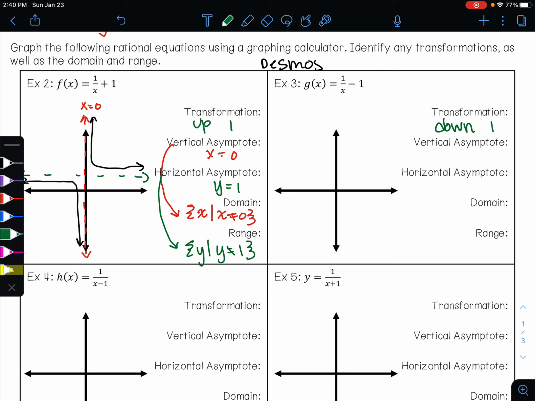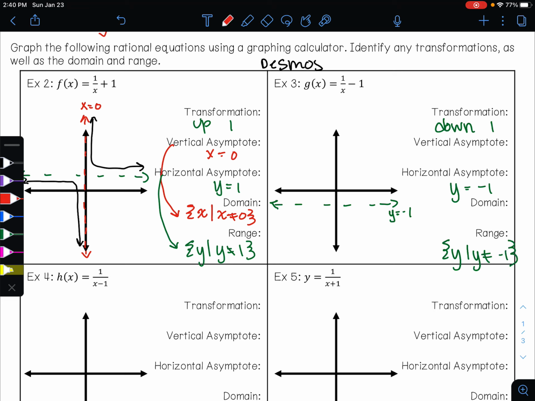So that's going to, again, have an effect on my horizontal asymptote. If I shift down 1 unit, then y will be negative 1, because remember, our parent function is when y equals 0. If that asymptote shifts down 1, then it will be at y equals negative 1. That's going to have a direct effect on our range. Our range will be all values of y such that y cannot equal negative 1 because we have a horizontal